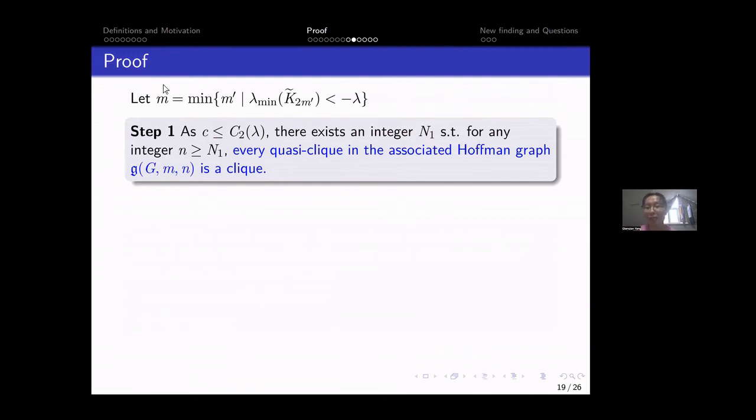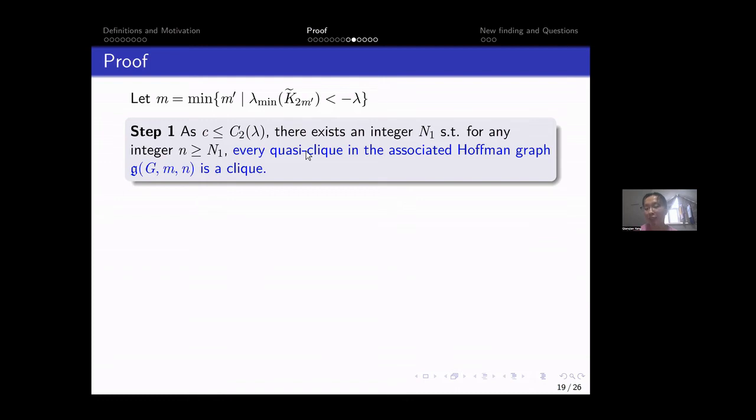As we have before, we assume that M is such a minimum number. This is what we usually have in this talk. When I gave the quizy cliques, I already said that if we have a very, very large clique, or a very, very large n, then in every quizy clique,